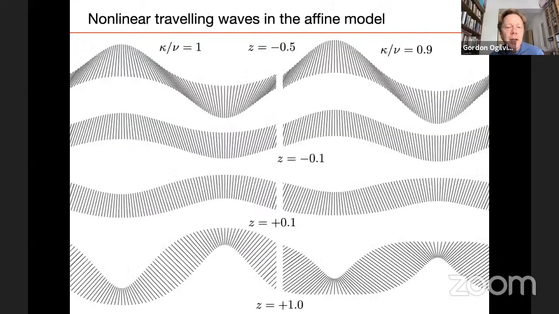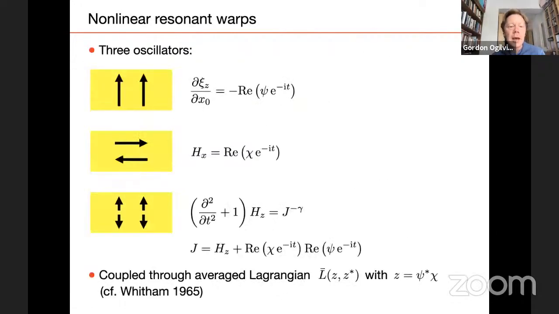Okay, and just an example of what that can produce. When that's combined with the local model, we can, for example, compute nonlinear traveling bending waves, which is a way of understanding the physics of warp propagation in a nonlinear regime. And one thing that's led to really is a clarification of what the essential nonlinearity in that problem is.